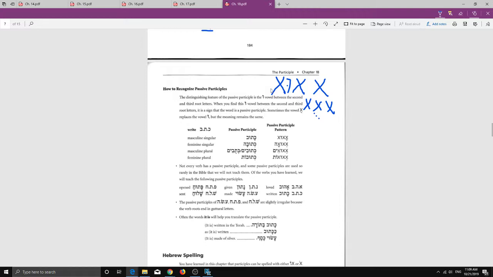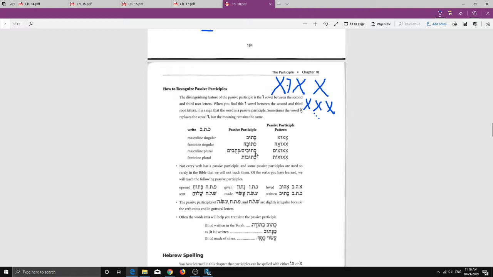Okay, so technically you could see any of these out in the wild of actually translating from the Bible, but the shurek will be much more common. Still, because you can see either, it's better to think of this just as a U class vowel between the second and third roots. Okay, so here we have katuv,